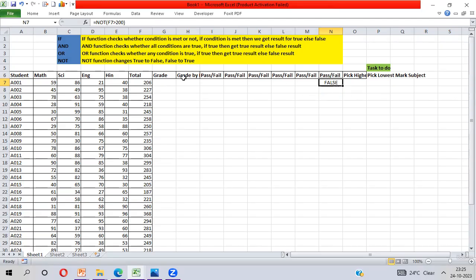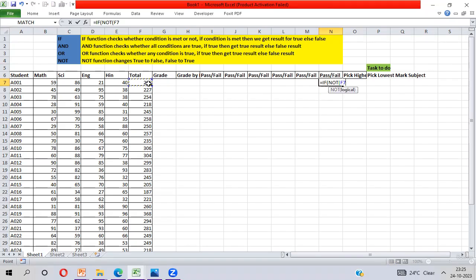Now, what do I have to do if I want to get pass and fail through the NOT operator? I apply IF, and here I apply the NOT operator, and I want to pass those who have more than 200 marks. Then you will have to apply the value of total marks not less than 200.